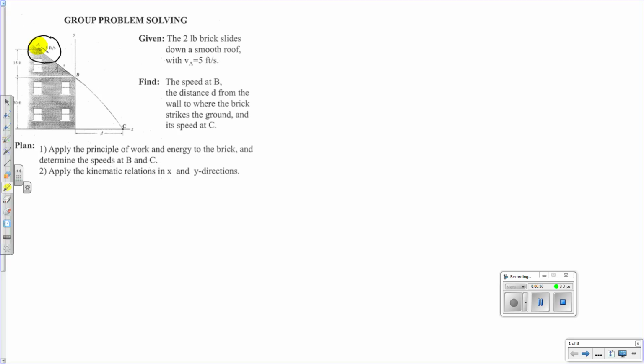The question asks us, based off the geometry and the information that's provided, what's the speed at B, and what's the distance from the wall to where the brick strikes the ground, and its speed at C. Now, we could solve this problem using what we learned in chapter 13, which is kinetics. The sum of forces is equal to the mass times the acceleration in any particular direction. But what we also recognize is that this is a problem that deals with